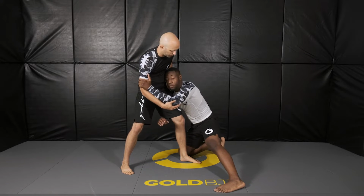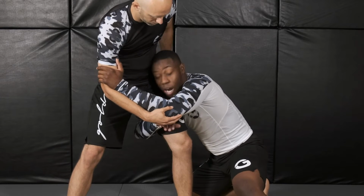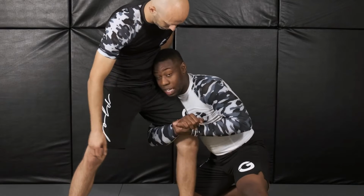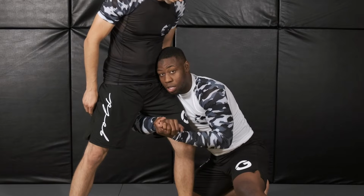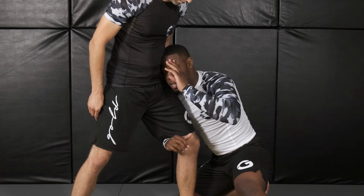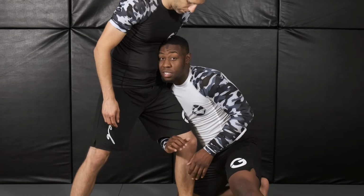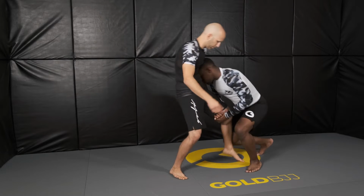Now I'm keeping this the entire time. Now what I want to do is go for a wristwatch position here. A wristwatch, basically, if you can look at your watch. This is how I like to look at it. Okay, so I'm gonna have my watch here, and I'm gonna grab a gable grip under that. But if I wanted to look at my watch, I can still do it. This is why it's called a wristwatch position, okay? Now from here, I'm gonna push my head, and I'm gonna rotate it inside of his ribs here, okay? I'm not gonna keep my ear towards his head, towards his chest. I'm gonna rotate and put it in his ribs. Now I'm gonna step up and I'm gonna drive